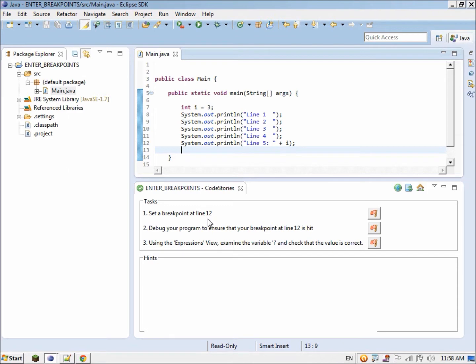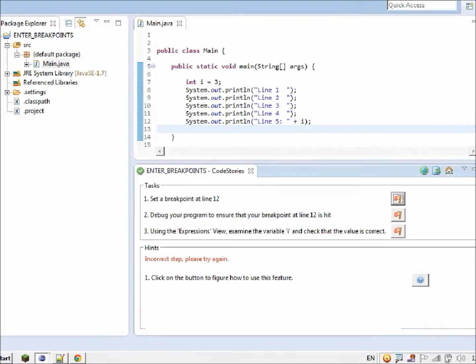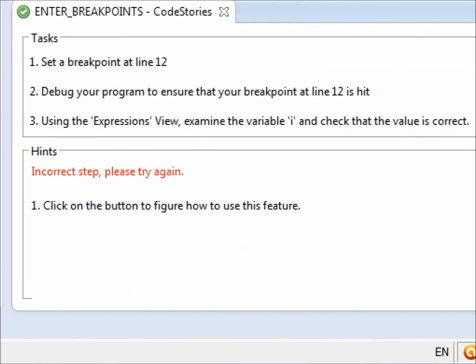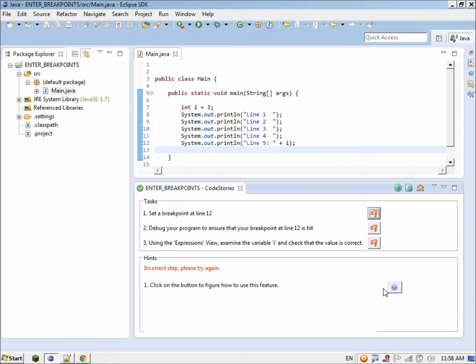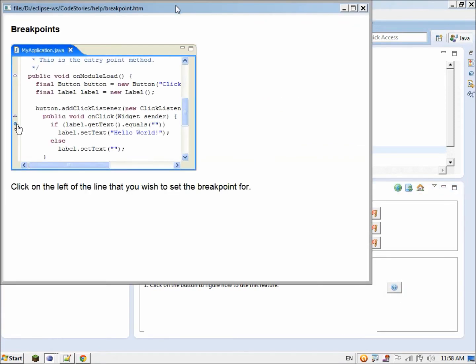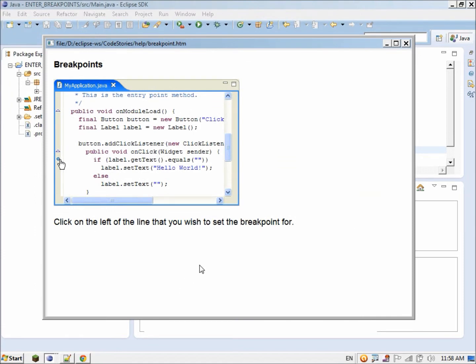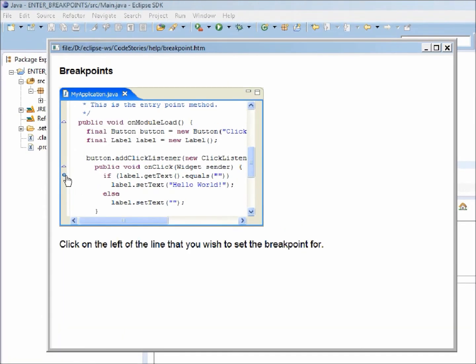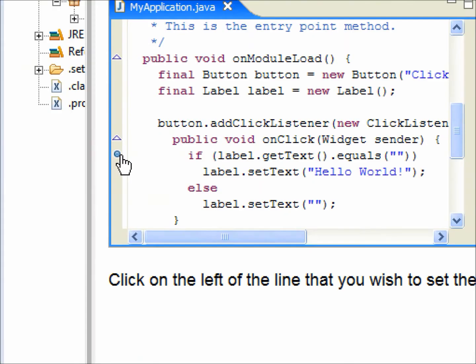The first step is to set a breakpoint at line 12. If you have not done that and you click on the flag, you will see a hints panel that tells you that you've done something incorrectly, and to try again. The plugin provides some basic help. It tells you how you can set the breakpoint by clicking on the left side of the line